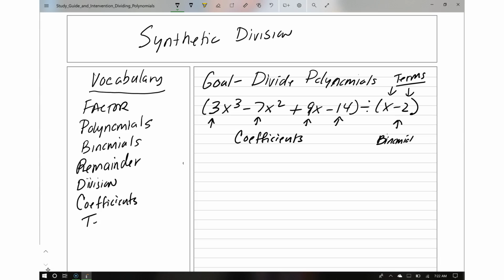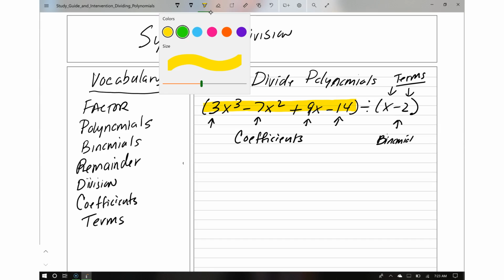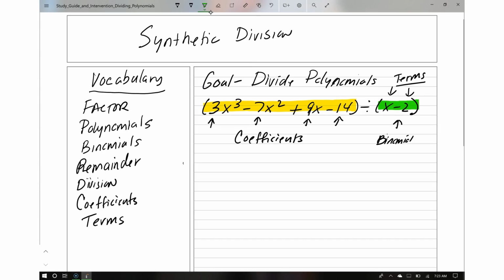That's another word, terms. So we have this polynomial divided by this binomial. So what we're going to do is I'm going to show you how to use synthetic division to